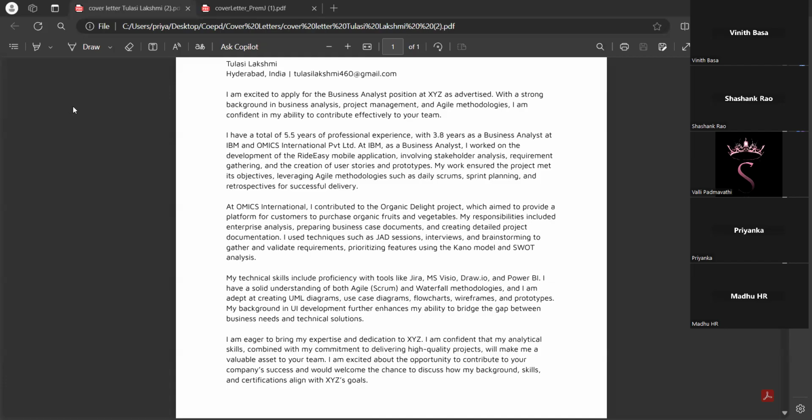Yes, Tulsi, this is Prem. My question is, how would you go about simplifying a complex issue in order to explain it to the client or colleagues? Yeah. So I faced a challenge where I needed to explain a feature.